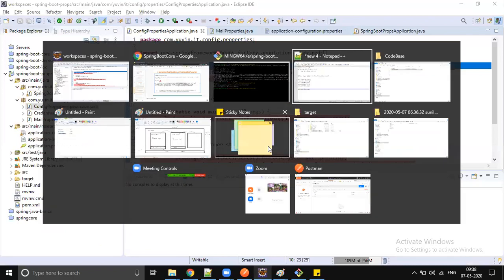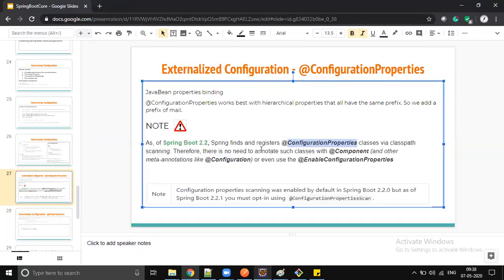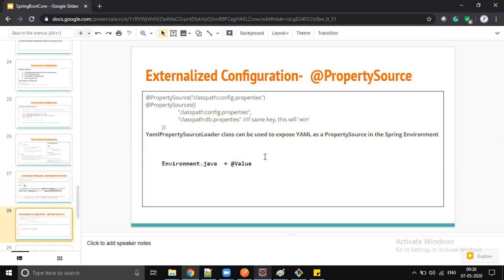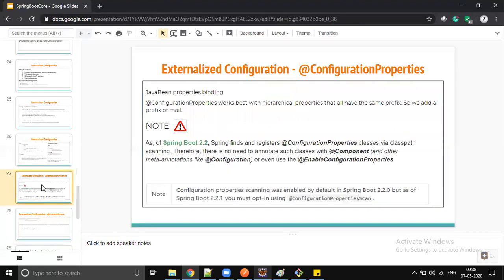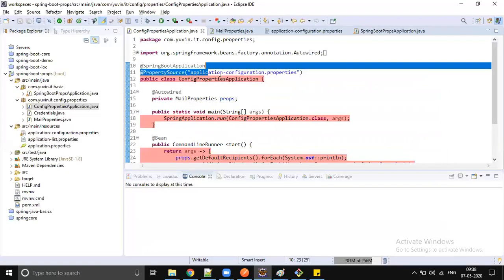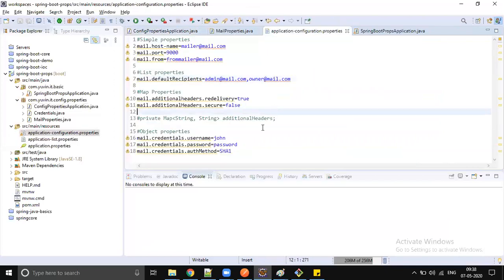So instead of writing so many at value annotations, or so many times doing environment.getProperty, if you want to have a proper way of configuring in Java, if you have a grouping kind of concept. For example, in my application, I have a grouping. All these properties are related to a particular entity.